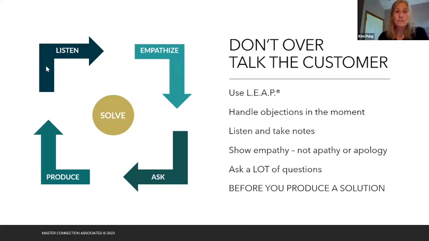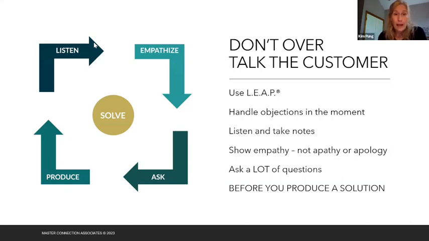So empathize first, ask a lot of questions if necessary. Maybe a lot of questions aren't necessary. Maybe one question gets them to open up, you get a better sense of things, and then you can move on. So basically just ask questions and do all of that before you offer the solution. And that'll be a habit for many of you to break. And so one thing I would encourage you to do, as we don't have time to do this together in this setting, is to practice.